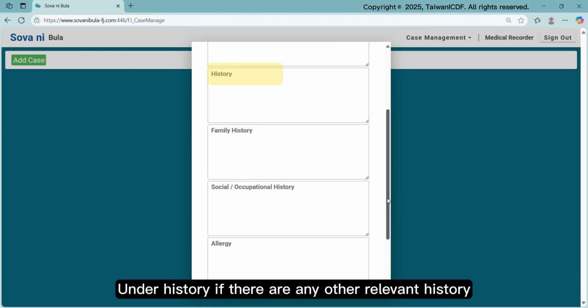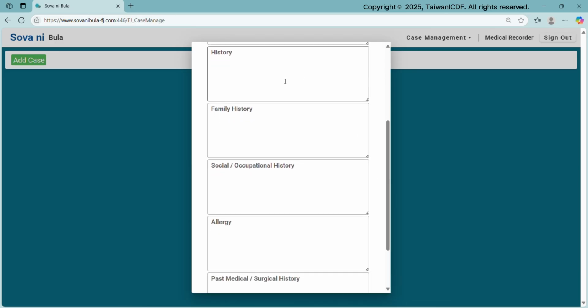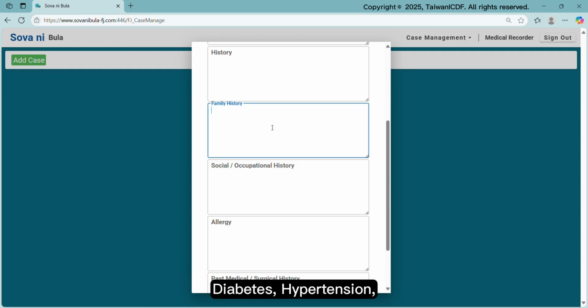Under history, if there are any other relevant history that is not given here, you may mention it here. Under family history, please enter any known relatives with NCDs such as diabetes, hypertension, stroke, cardiovascular diseases, or cancer. For example, in this case,